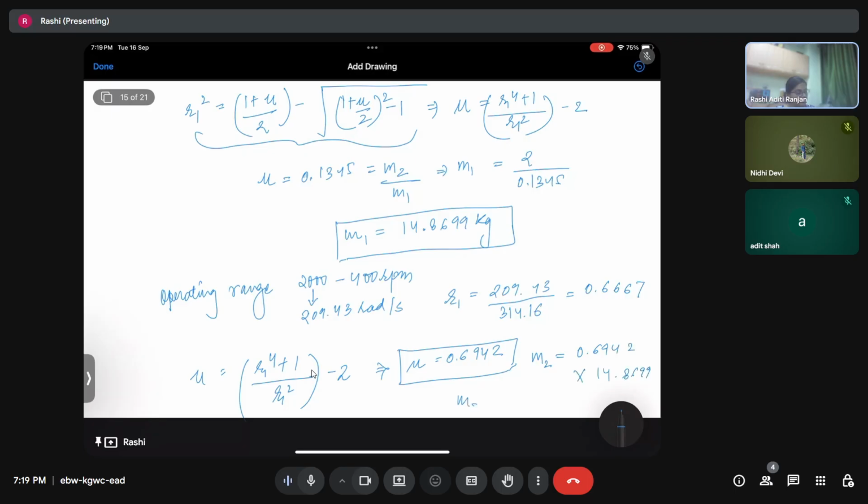This will give the value of M2 as 10.3927 kg. But the question is that, okay, this is fine that we have calculated the value of M2,